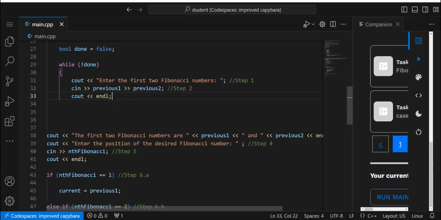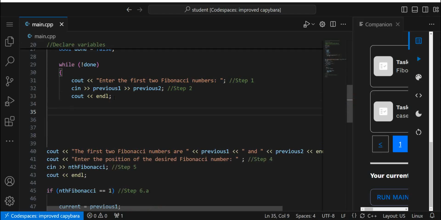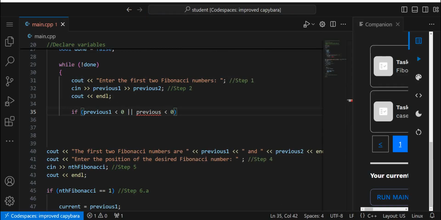If previous 1 is less than 0, means it's a negative number, and previous 2 is also less than 0. Alright. Then count the number you entered. The number you entered are